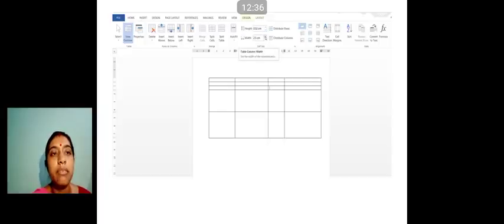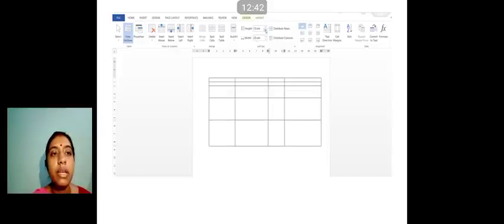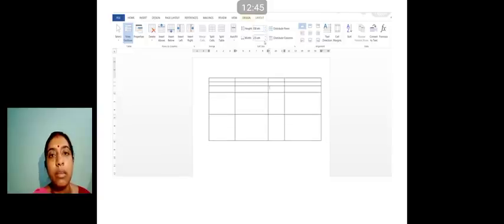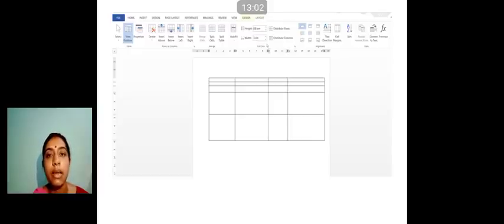Similarly, the same option is available on the layout tab. You can see increasing or decreasing. It is very clearly seen, because when you did the first option, it was not visible what is applied to the table, but here you can see how much increase or decrease is there in the table. So of all these options, the first one was the shortcut key, when we were clicking the right mouse button. Then the layout properties option, and in the cell size option also, the same facility is available. I hope it's clear.